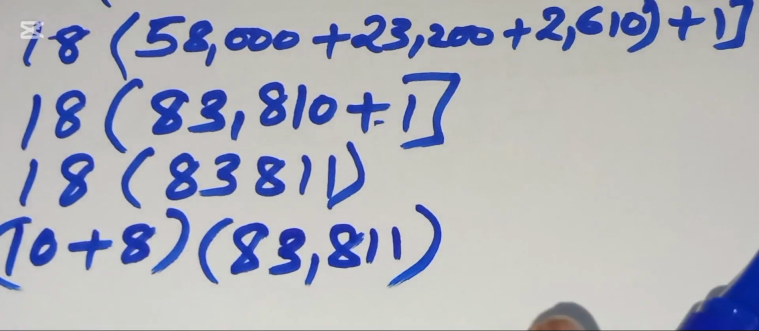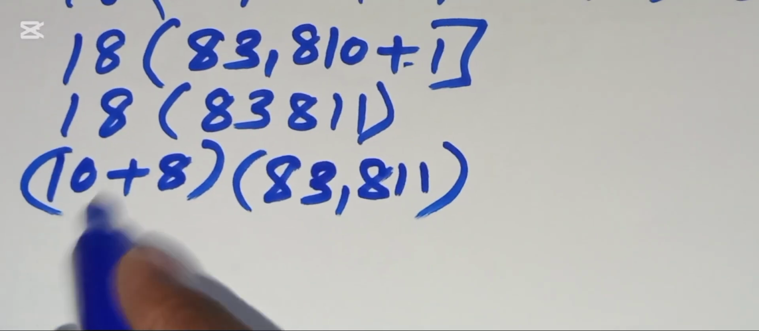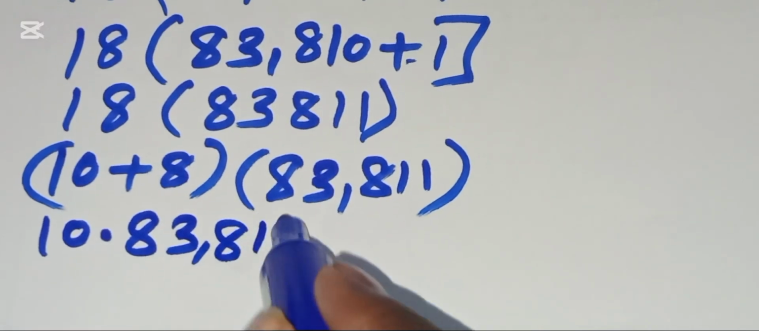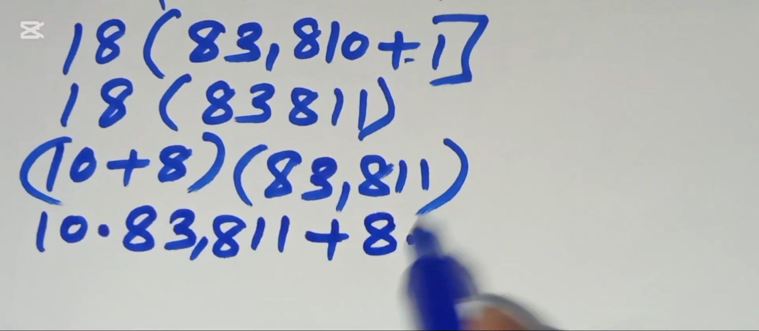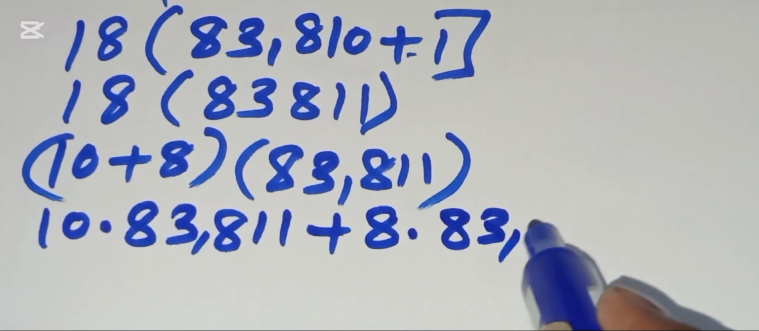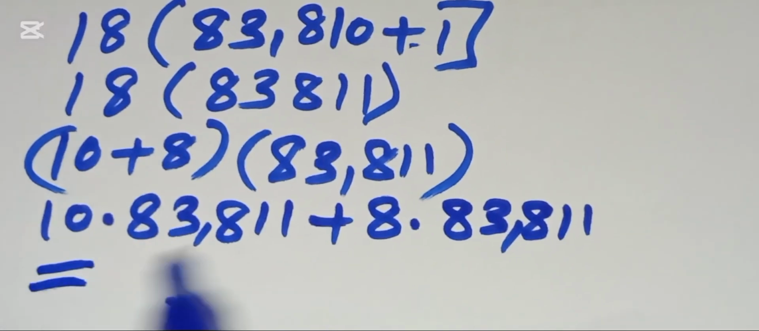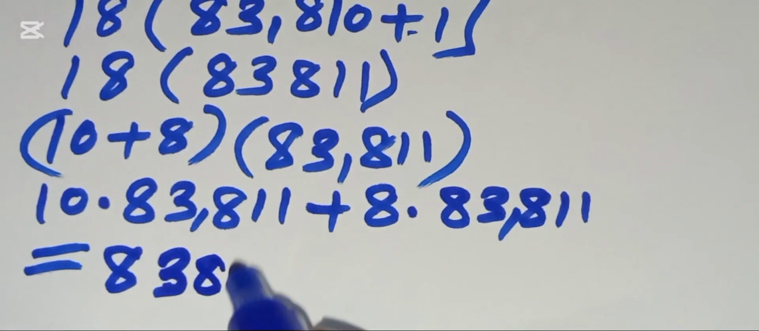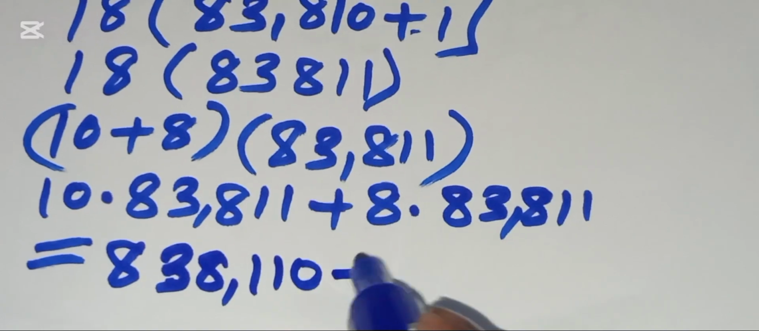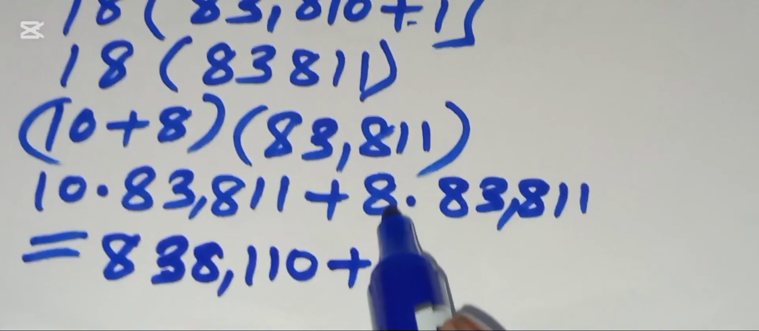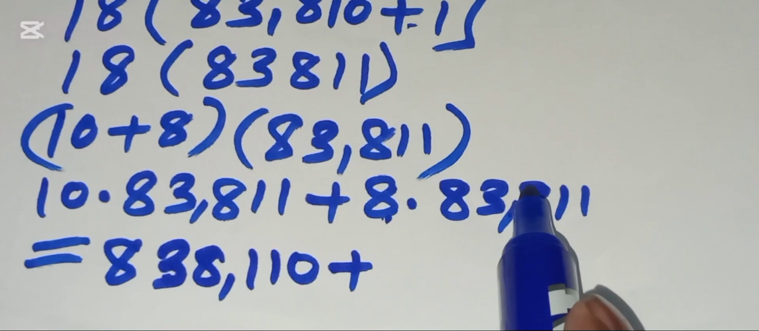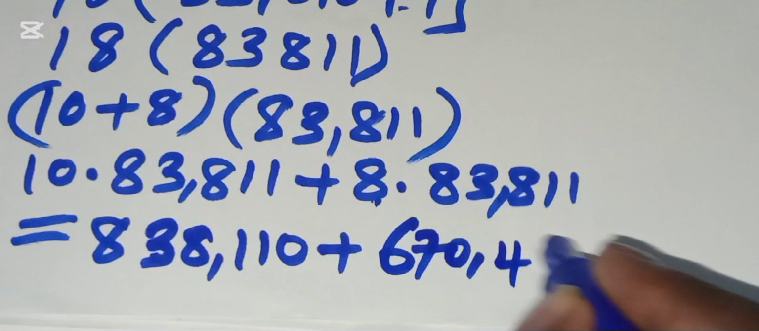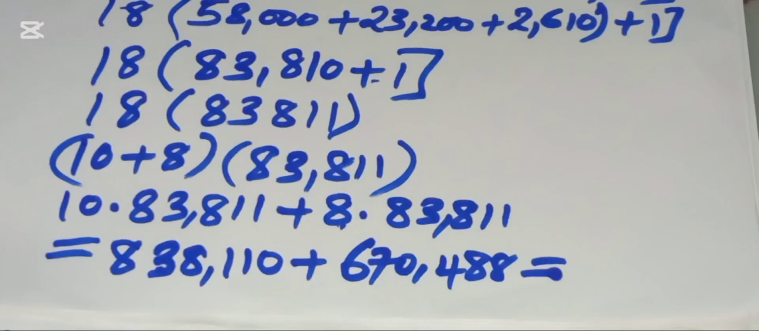83,811. Okay? Now from what we have again, this is 10 multiplied by 83,811 plus 8 multiplied by 83,811. So that now we'll have 838,110 plus 8 times 83,811, which is actually equal to 670,488, and this should give us,